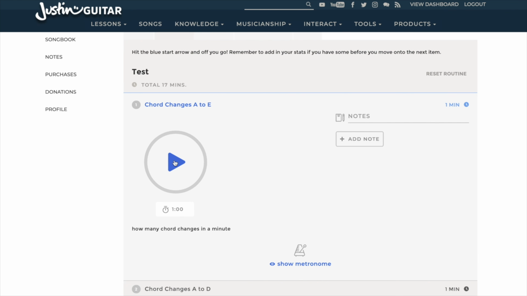So let's just hit the start button. So the countdown timer is now counting down here. You can see there's the countdown. There's a reset if you need to change your mind about what's going on. A really useful feature is the notes. If you want to add a note, say,